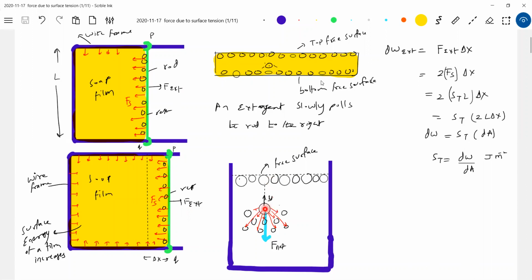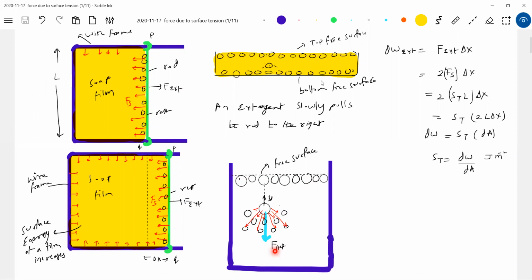Fine. Now, why should it need energy? Because these adjacent molecules will not permit. So it should overcome this net cohesive force and rise up. And now you can ask questions: sir, what about the molecules here? I'm talking about it rising up. It is rising up means the net force should be downward. The net cohesive force will act opposite to displacement, so it does negative work. And what happened? The surface energy of the film increases. So the cohesive force did negative work and energy got increased. Therefore, this is a conservative force.